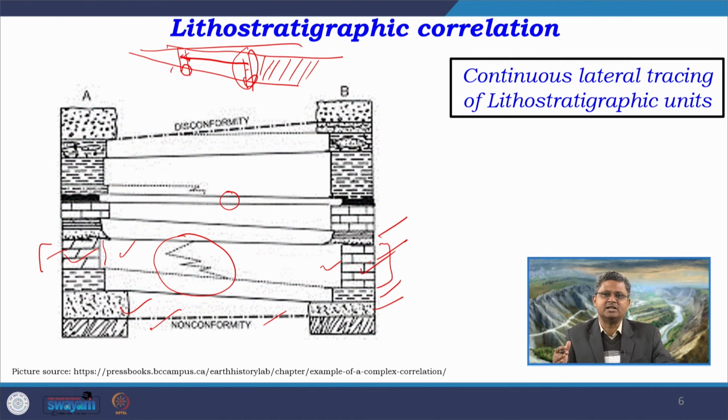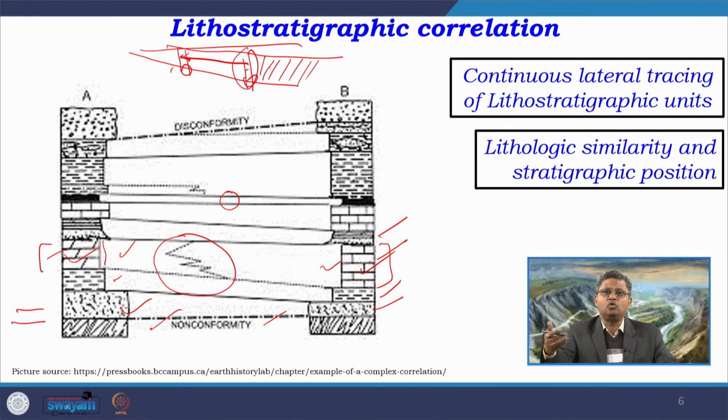In one of our previous classes, we were discussing the stratigraphic units, and there we discussed the diachronic units. So many times during this correlation, we get certain litho units which are cross-cutting the time planes. As you can see over here, this limestone unit or maybe this shale unit, they are cross-cutting the time planes, because in this particular diagram the time planes are always horizontal. So lateral tracing of the lithostratigraphic units is the key procedure, the key tool for starting the lithostratigraphic correlation, where we try to establish the correspondence between individual units.